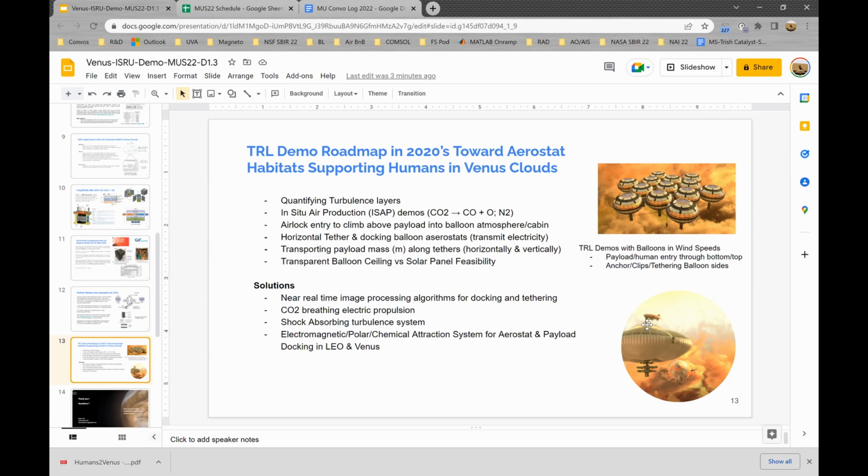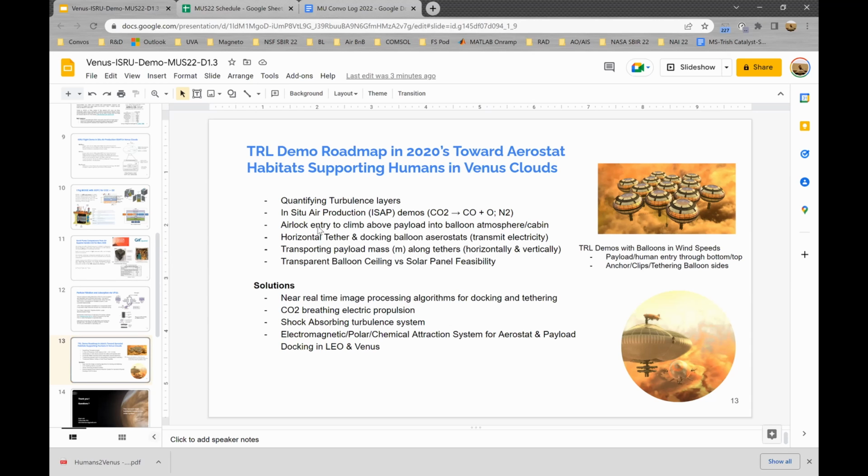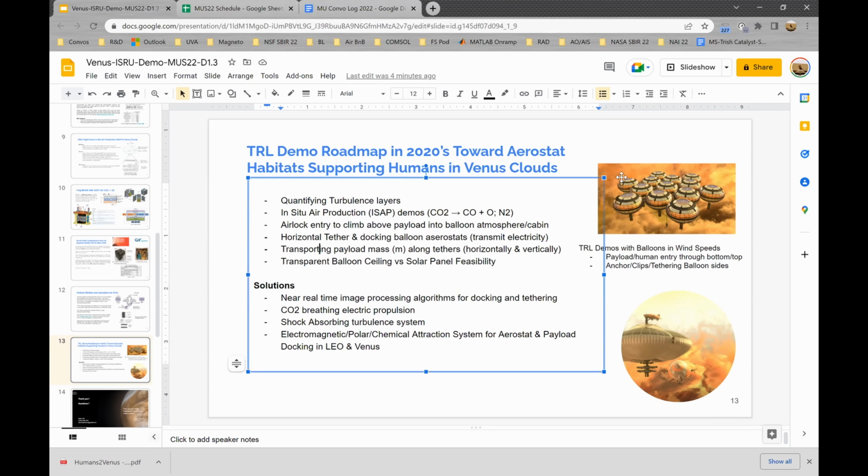Here's a slide on the technology readiness level demo roadmap in the 2020s toward supporting humans and organisms in the clouds of Venus, and so really quantifying the turbulence layers, the air production and airlock and entry to help ascend in above the payload into the balloon and the atmosphere of the cabin, and then some other demos on really tether docking and how to gain more steerability and maneuverability in the clouds, and then also potentially transmit electricity to nearby habitats and potentially mass as well, horizontally and vertically, and also how to really